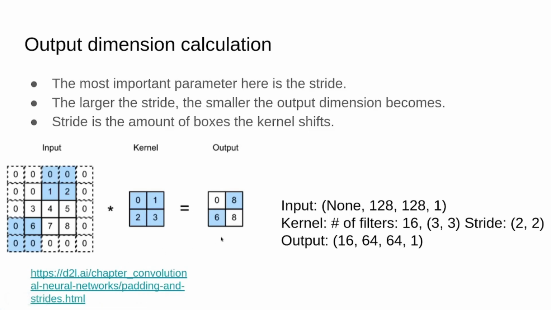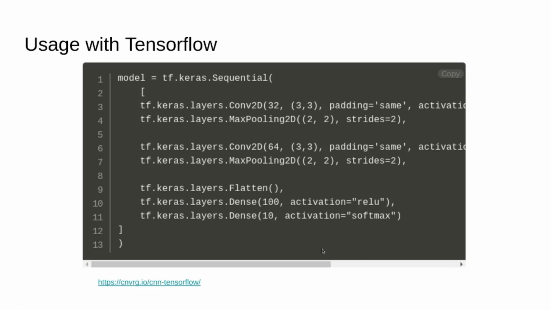It was very helpful. Now some usage with Tensorflow. Tensorflow has a very handy API for this. As I mentioned in the previous video, Keras, right? And it allows you to make convolutions with a single line of code. In this case, we have tf.keras.layers.conv2d, so convolution 2D for images. Here, as I said previously, we have a filter, and then we have a tuple, which is a kernel size